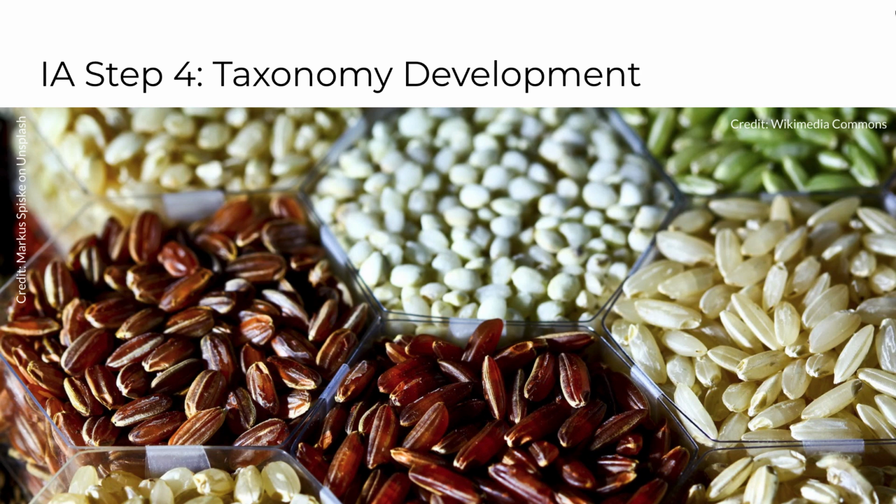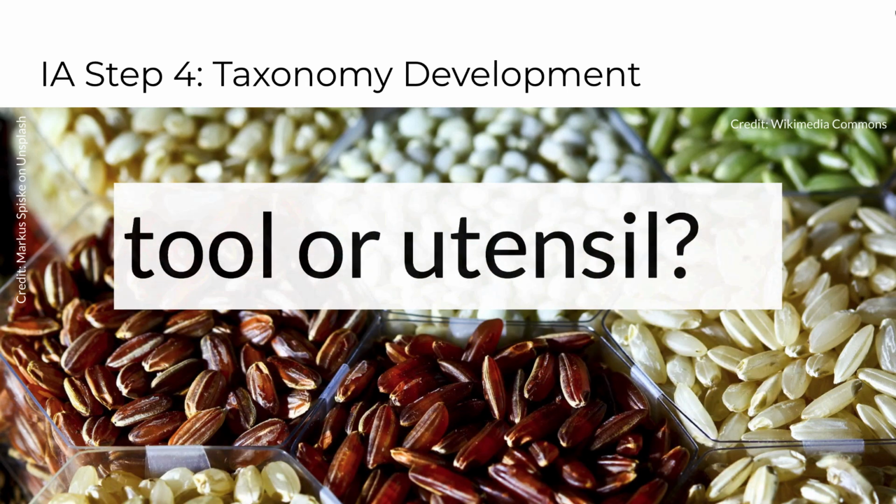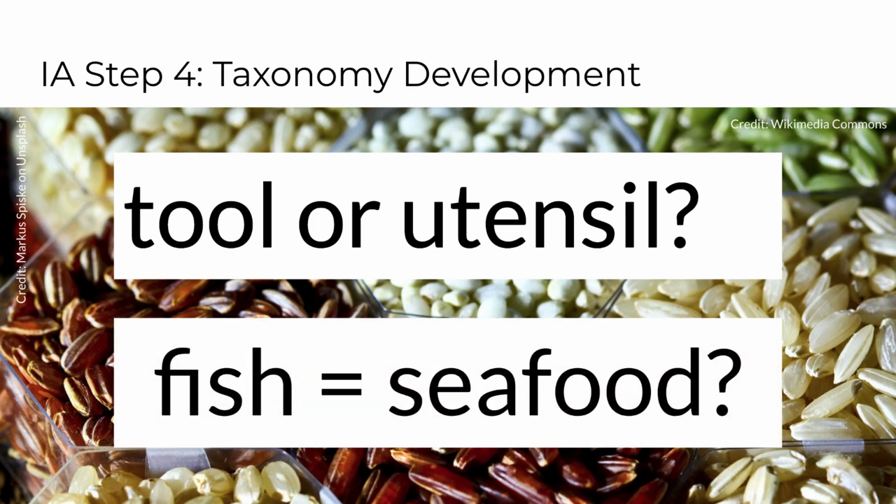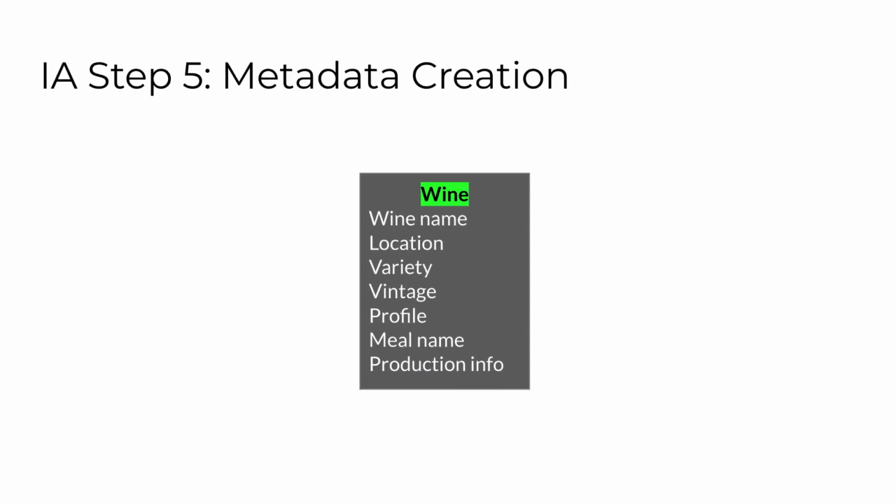Will we refer to a whisk as a tool or a utensil? We also have to choose how terms relate to one another in hierarchies. Will fish and shrimp be labeled as seafood, or will fish and seafood be separate categories? We'll want all of our content to be consistent, to be meaningful to our users, and to fit our voice or brand. Once we've developed a taxonomy, the 5th and final IA step involves metadata creation to help users discover